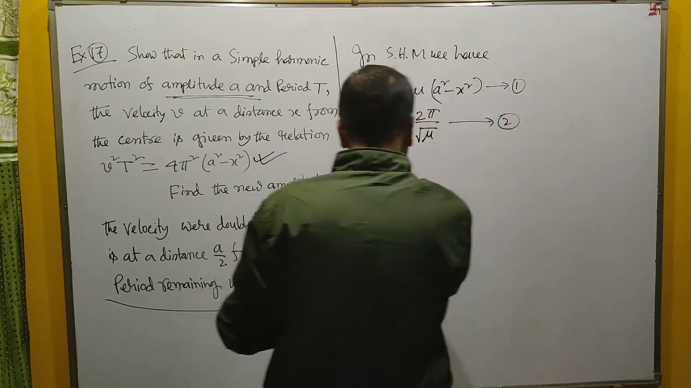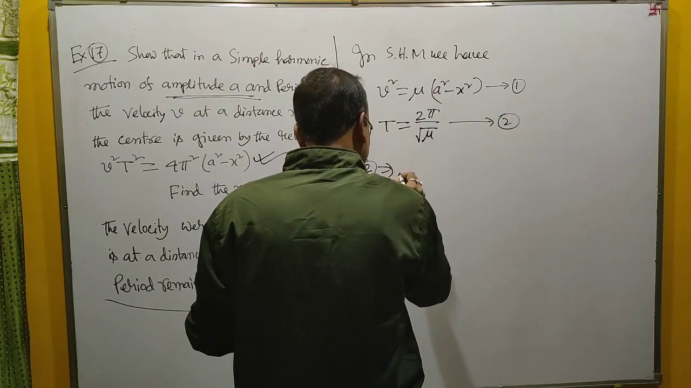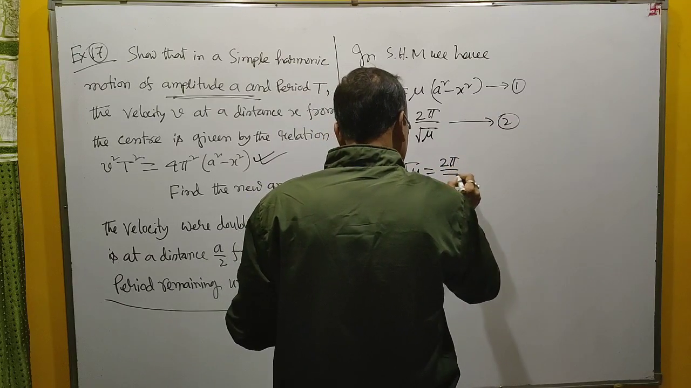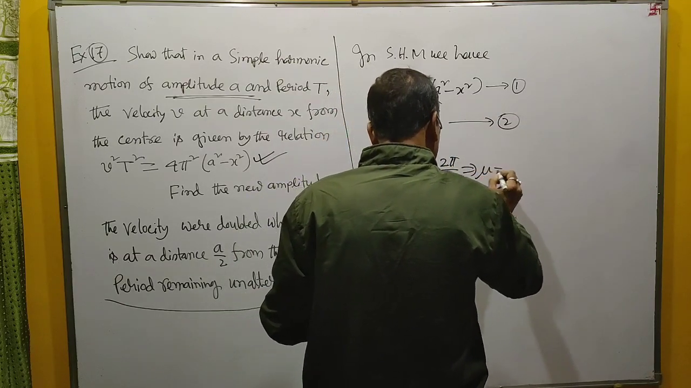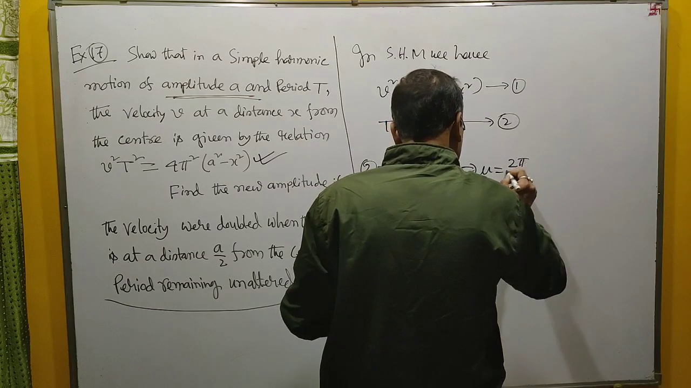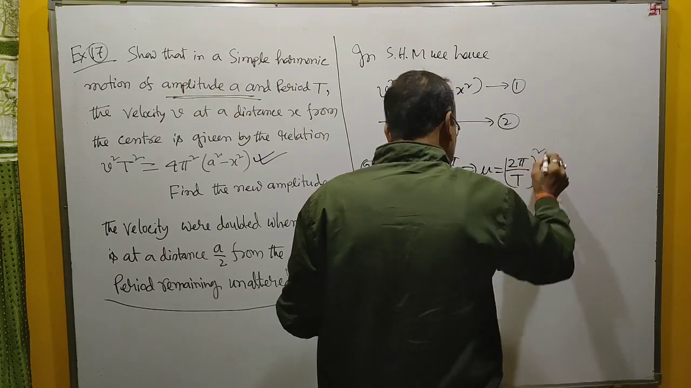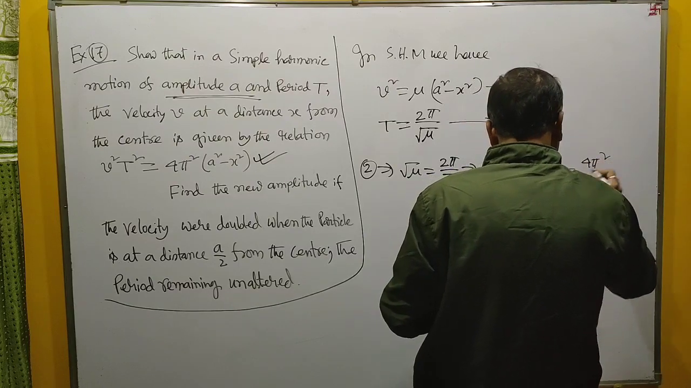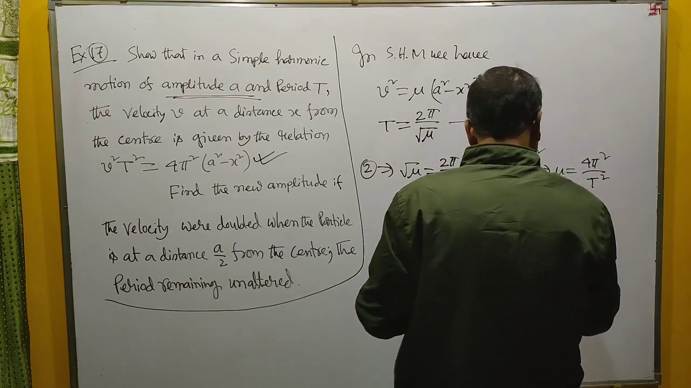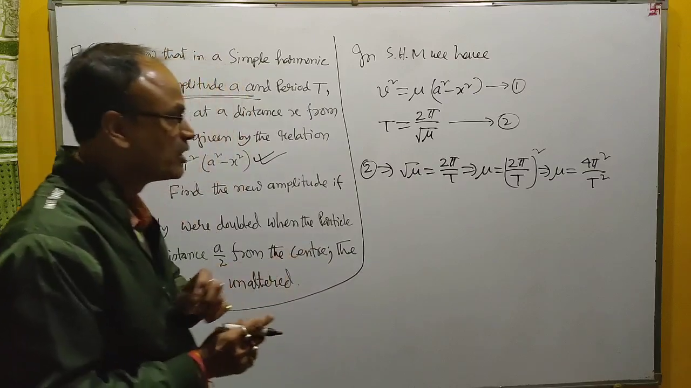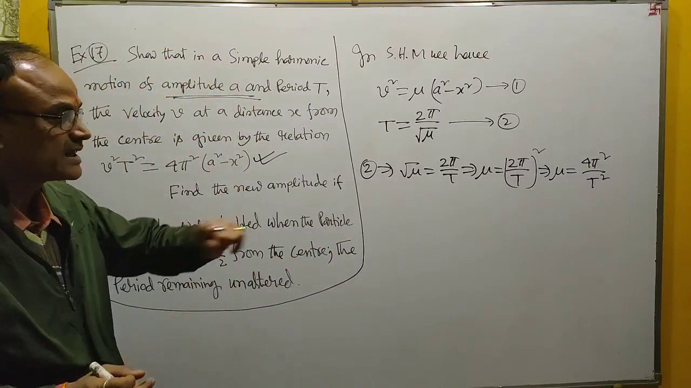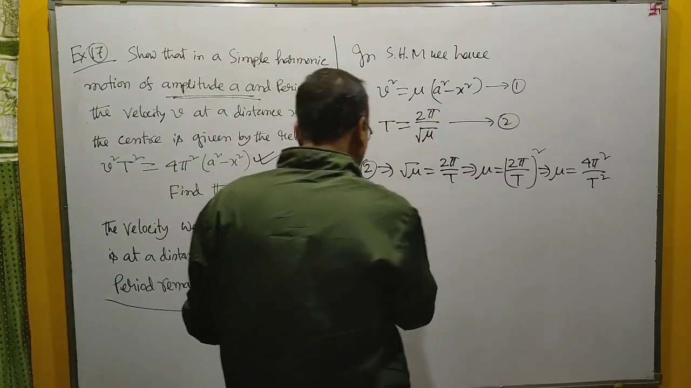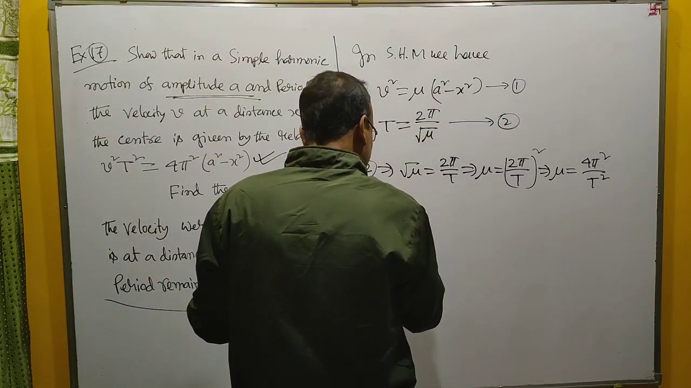Now from 2 you will get root mu equal to twice pi by T. This means mu equal to twice pi by T whole square. This means mu equal to 4 pi square by T square. Substitute this value of mu in 1. Therefore from 1 we get,